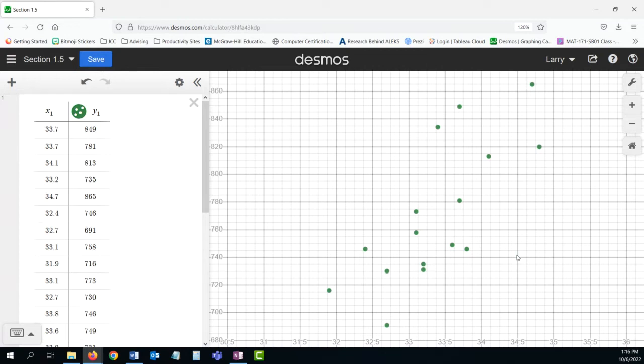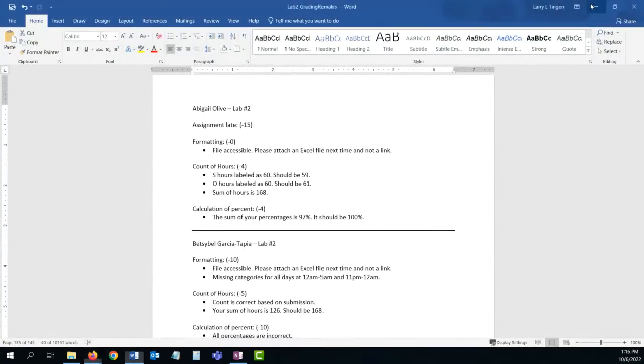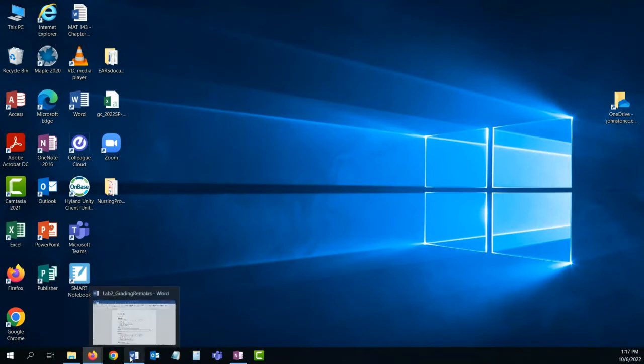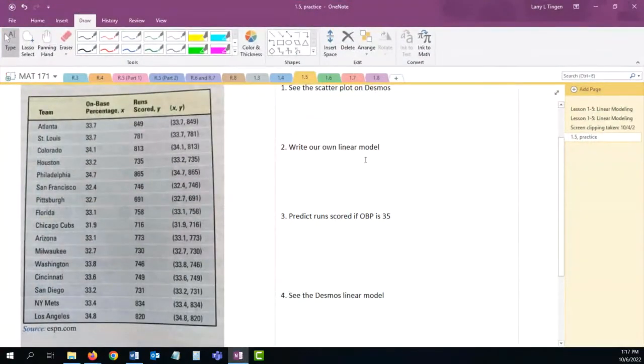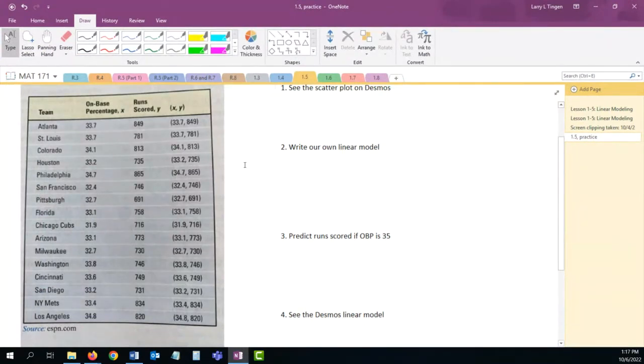That makes sense, right? So there's the plot. Second part of the question, write our own linear model. To do our own linear model, we're going to pick 2 points,